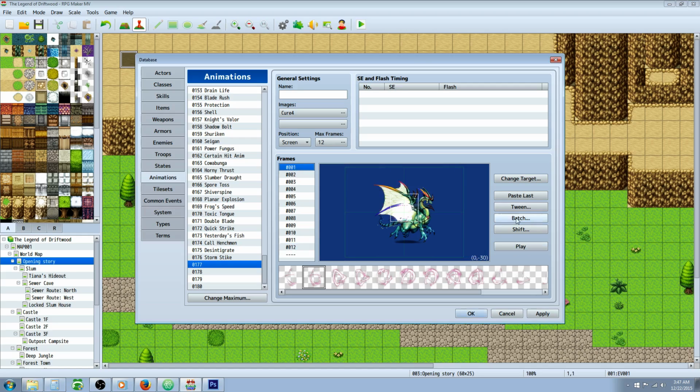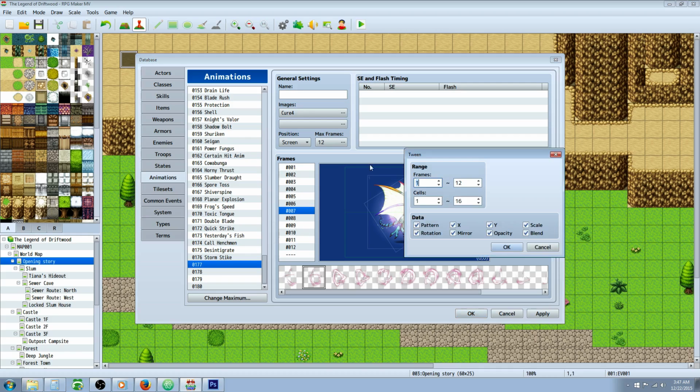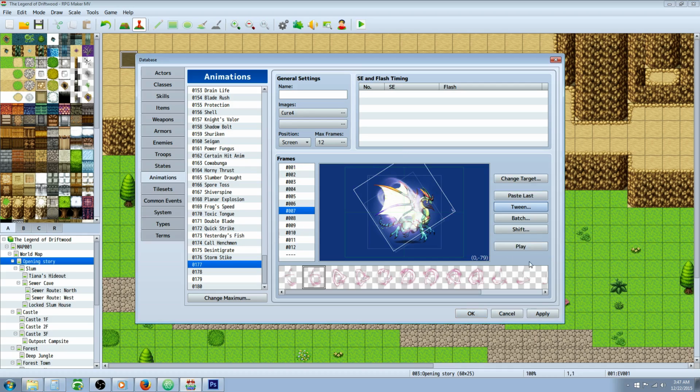But we need to tween it so that it'll put all those images on the 2, the 3, the 5, the 6, the 7, and so forth. So wait, let's go back to, well, actually it doesn't matter what frame we're on when we tween because we're selecting the frames right here. So we'll tween that. Now let's look at our image. So now it looks like we have another thing that's rising. It's getting bigger and it's rising. But I think what I wanted to do, I did that wrong. So this one is